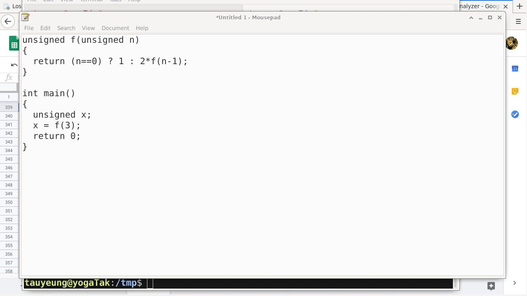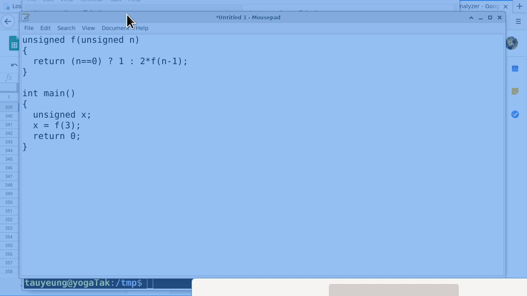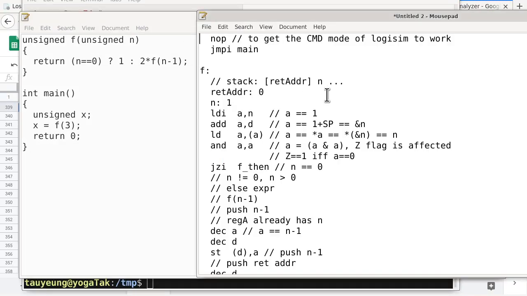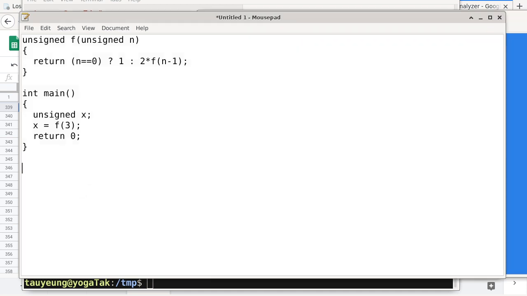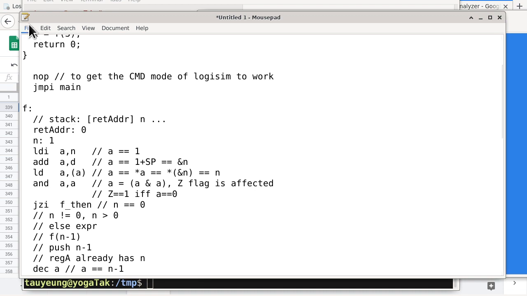And then Garrett's, so not so much the question, but a request is, can I put the text file on Canvas so we can look at it later? The answer is yes. Okay, so in fact, let me think about how to do this. I can combine the two into one, which means the first part is going to be C code, the second part is going to be assembly code. So if you want to get it to work, you're going to have to comment out one part of it. Okay, but I can combine the two into one single file, and I'll do the ultimate lazy thing, which is copying this